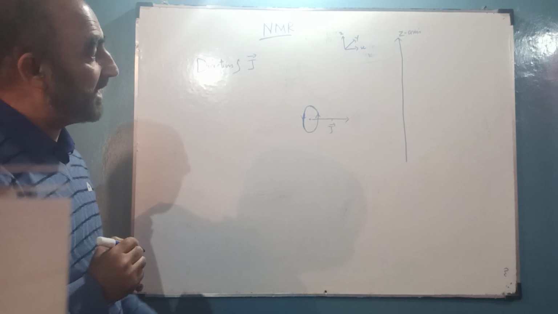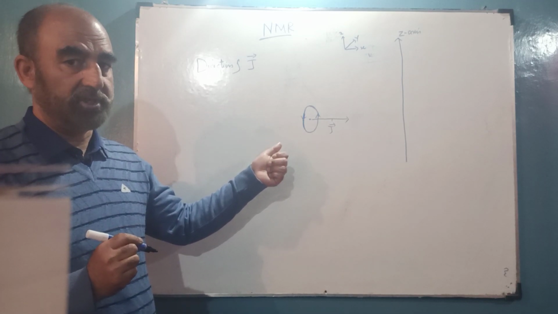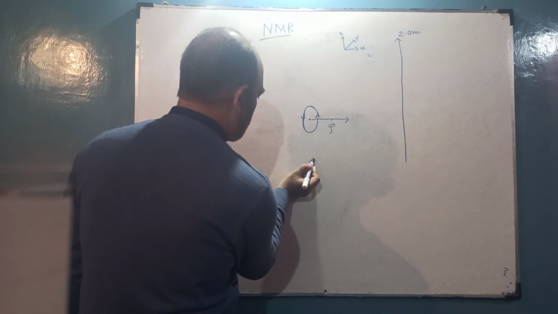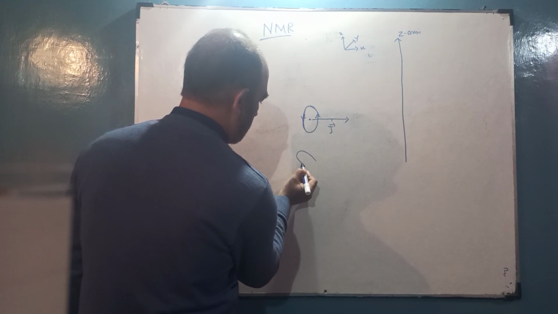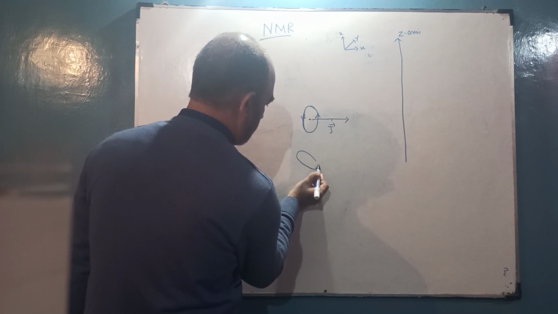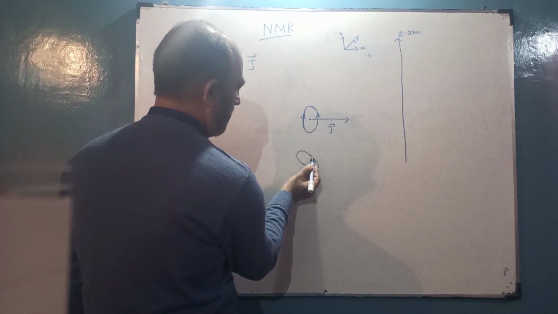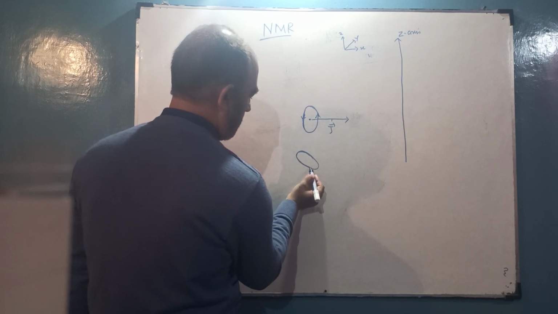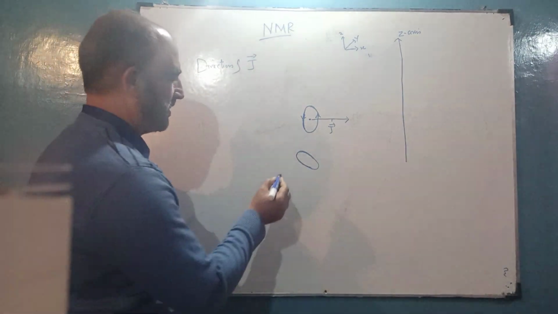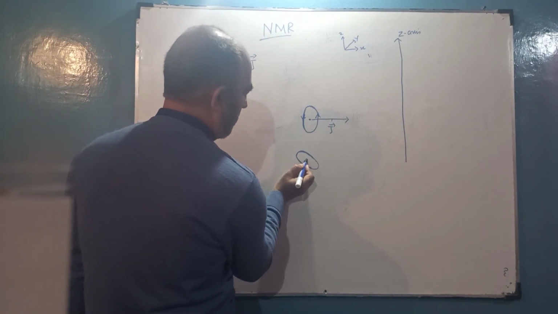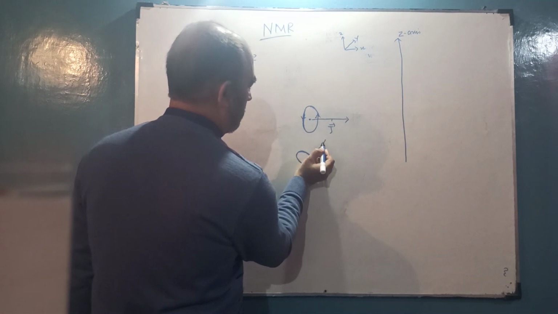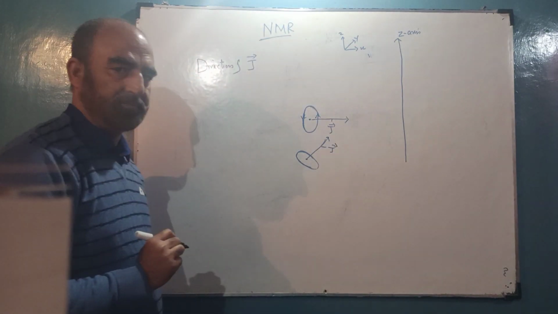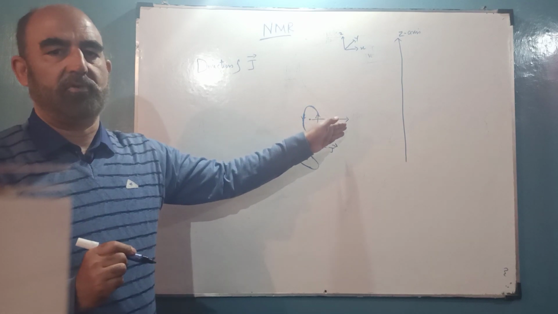But this rotational motion can also be in several other planes. For example, if this is the orientation of the plane of motion, now you can see the plane of motion is tilted, so the angular momentum vector will be perpendicular to this plane. So now J will have the direction perpendicular to this plane of rotation.